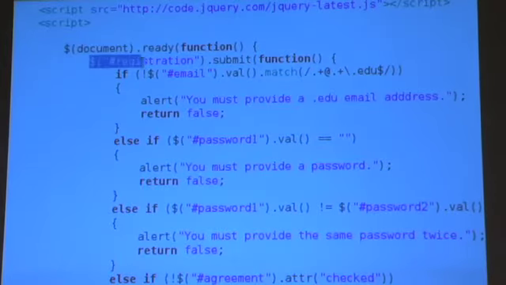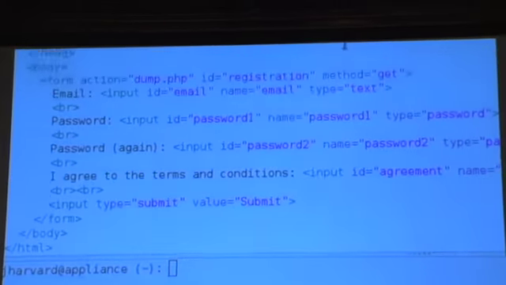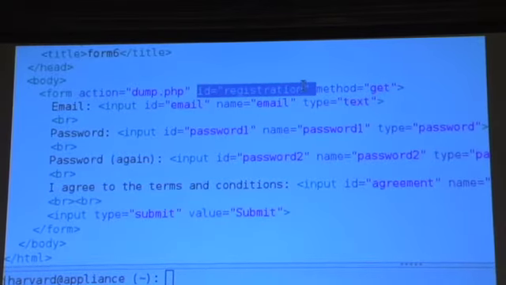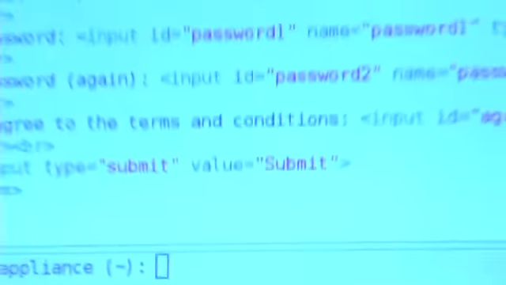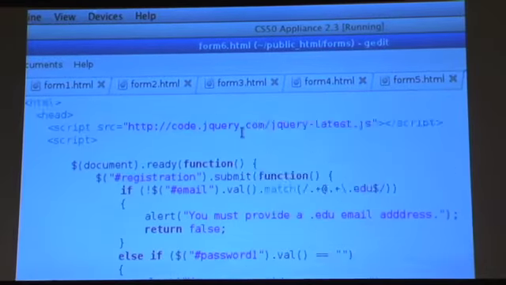So now notice this line, $, parentheses, quote unquote, sharp registration. So recall from CSS that you can give unique IDs to various elements in an HTML page. And if I scroll down to my form here, notice that I have a registration form. And I didn't give it a name this time. I gave it an ID. And this, again, is a very common paradigm in JavaScript and in CSS. If you want to be able to hone in directly on a specific node in the tree, you might as well give it an ID, which by nature is supposed to be unique. These are unique identifiers. And I could call it anything I want, but I called it registration because this is a registration form. Now, if I scroll back up in my code, let's see what I'm doing.